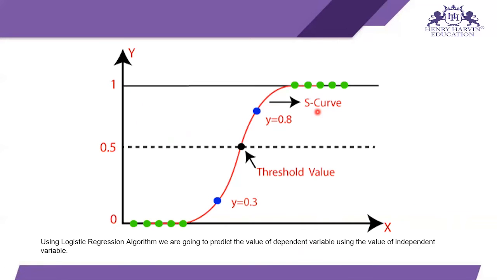The model will give you the output in the range of 0 to 1. It is not exactly equal to 0, and it is also not exactly equal to 1. It is always slightly larger than 0 or slightly less than 1, but it is in between the range of 0 and 1. So this is how we use logistic regression to get the prediction of the dependent variable using the independent variable.